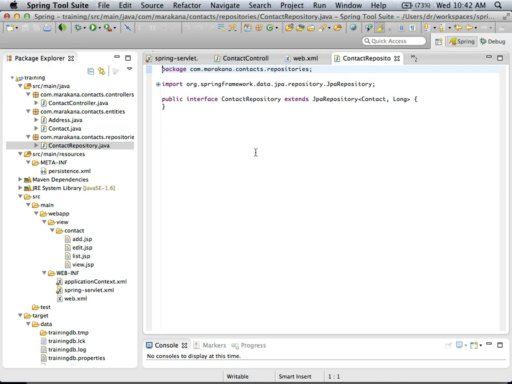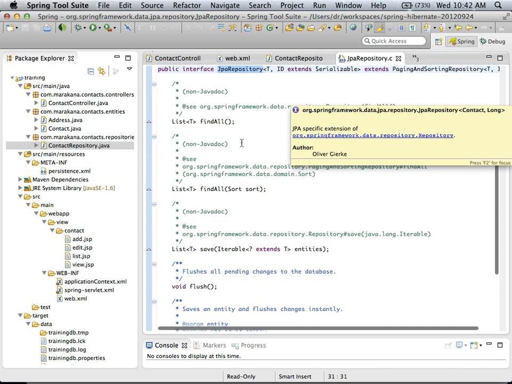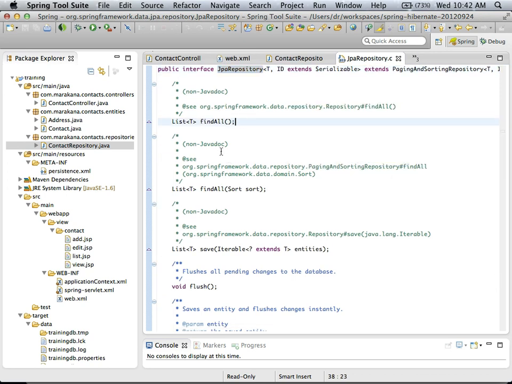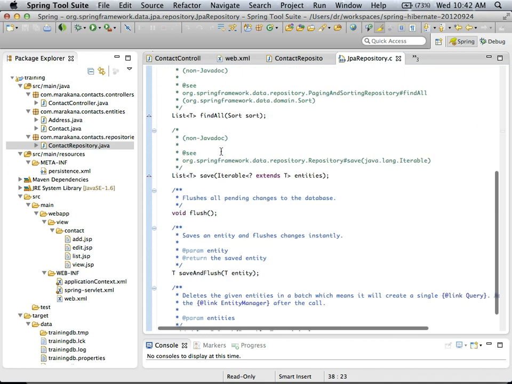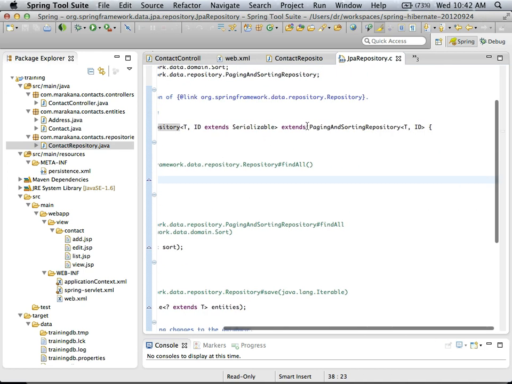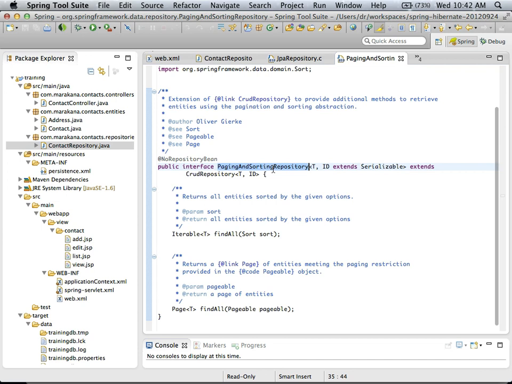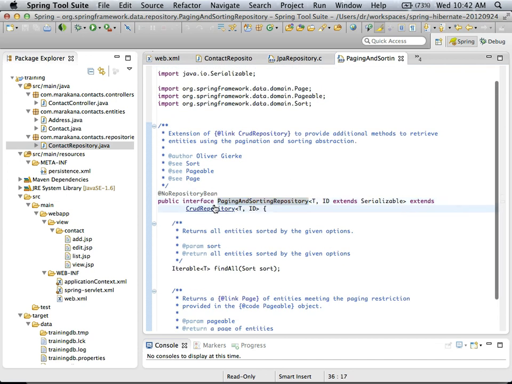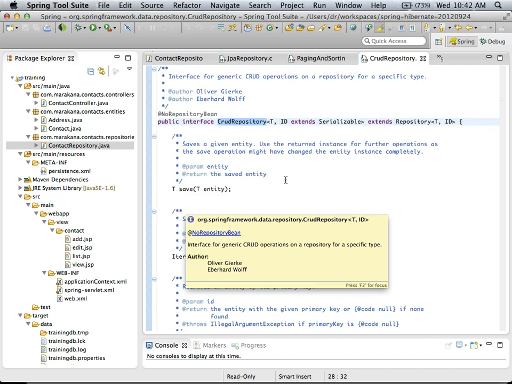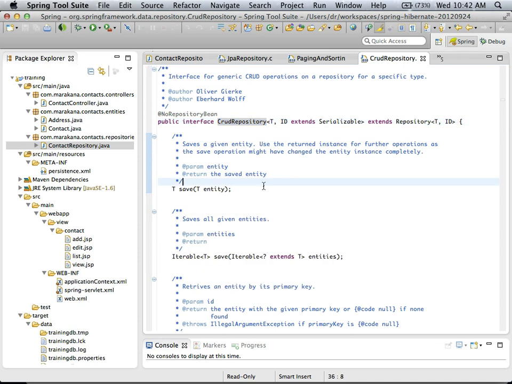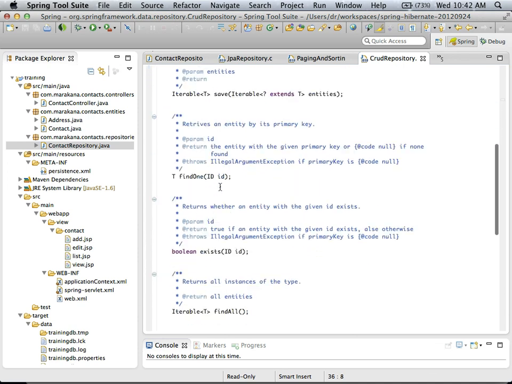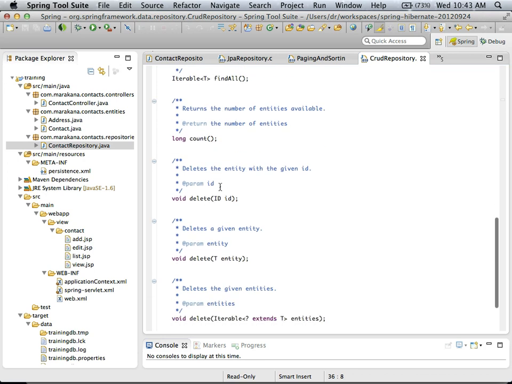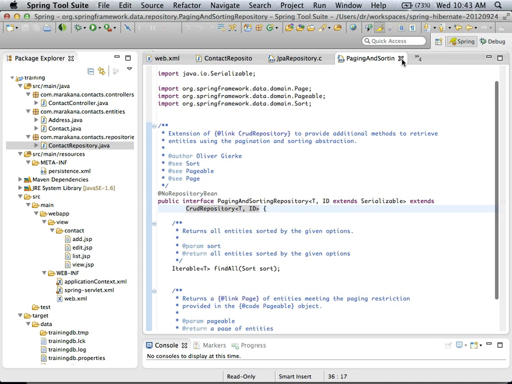It's like a CRUD. And if we go and look at the interface here, there's a find all, save, flush, right? And this extends from something called a paging and sorting repository. So find all, CRUD repository, there you go. So that provides a direct answer to your question. Save, find one, exists, delete. Hey, we've got a delete by ID now, so that's kind of good. Right. So